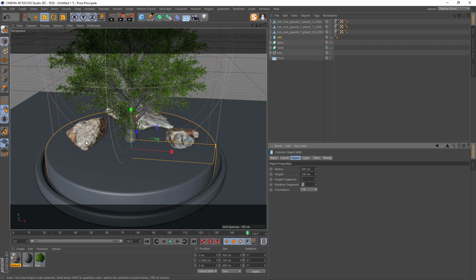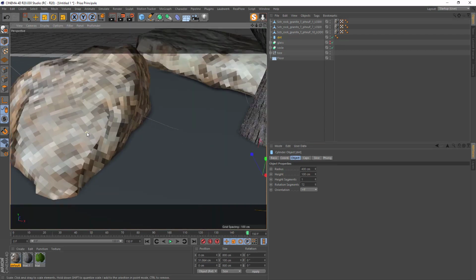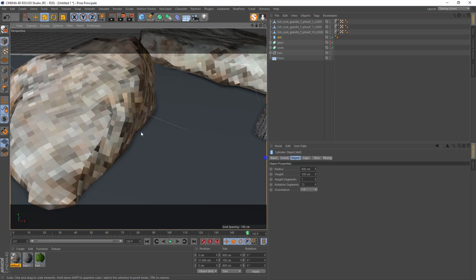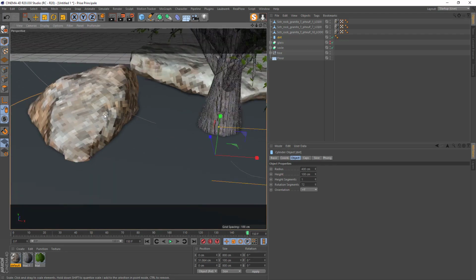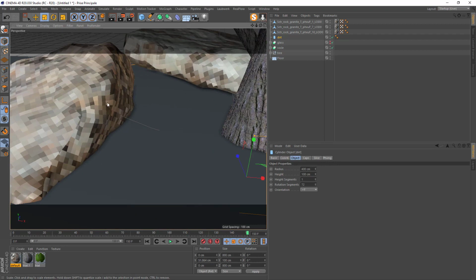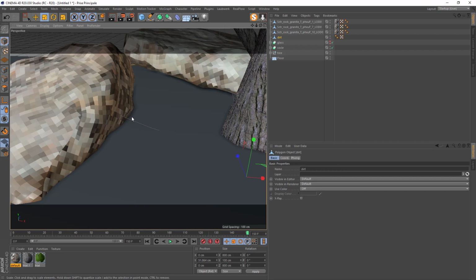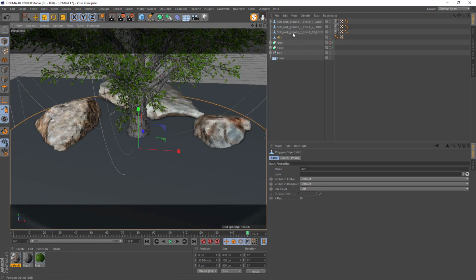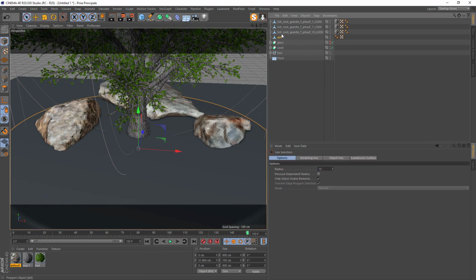I will put grass everywhere, even under the rocks, but if you don't want grass under the rock, because normally there is only grass around the rock, but not under, you can make it editable, and make a selection for the part where you want the grass, and not select the other part.